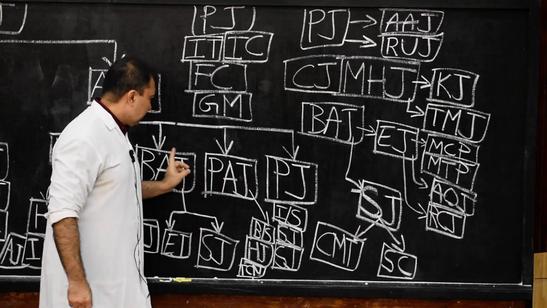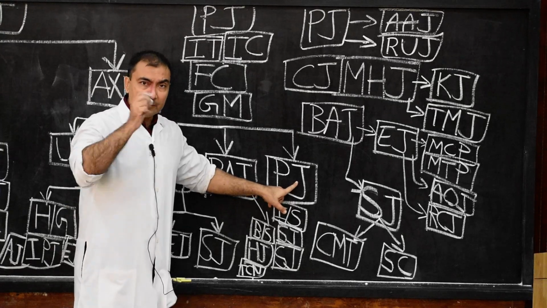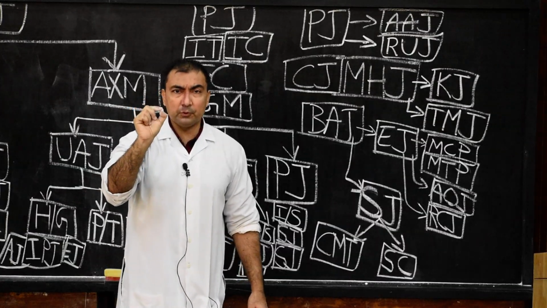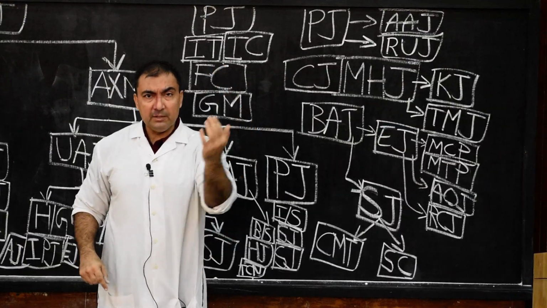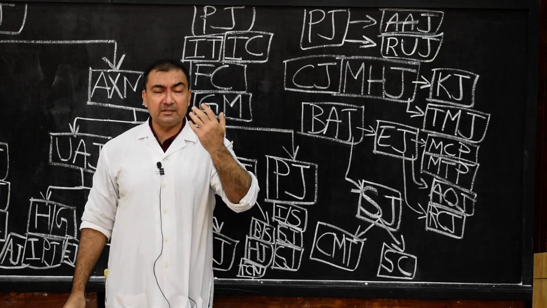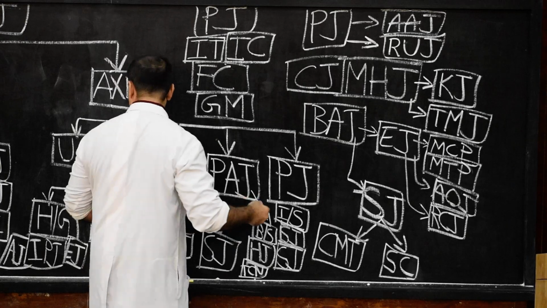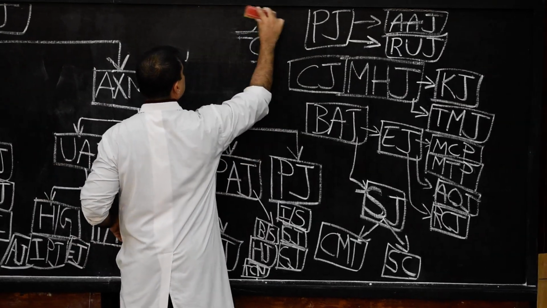So here we finish the entire classification of synovial joints. Now after finishing this classification, we will discuss a few important points regarding the movements of synovial joints which you need to understand. What are the total movements of synovial joints present in the human body? The total movements will be based on 4 categories. And what are those 4 categories? For example, here I will rub this so that I get more space.